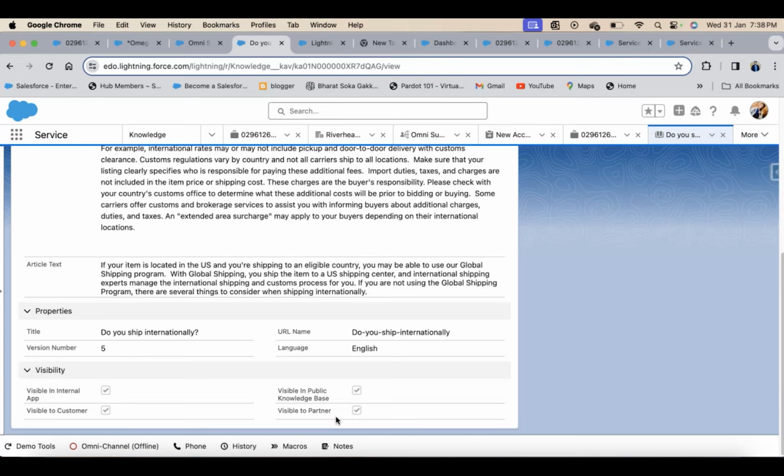This can be available on your portal, which you have given to your customers, especially not in public, but they can log in and they can check. Also, last but not the least is your internal app, which is only for your customer agents. Now, any knowledge base which is internal is called an internal knowledge base, and something which is publicly available is